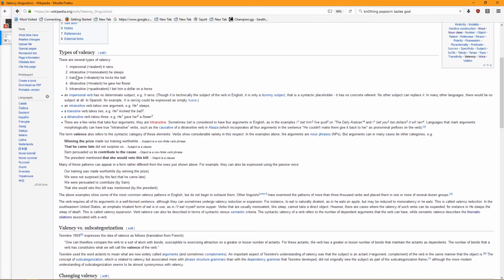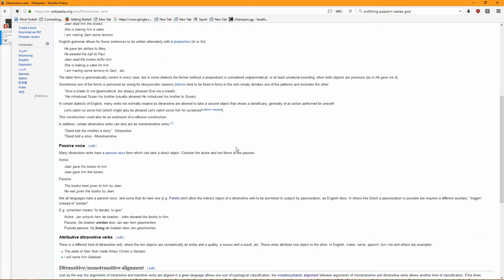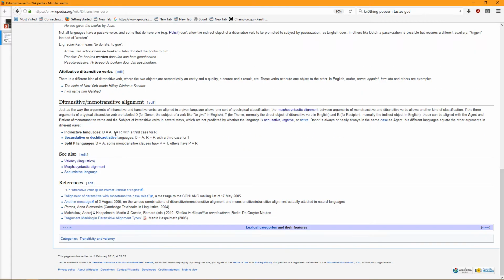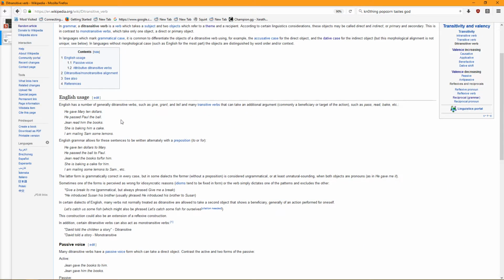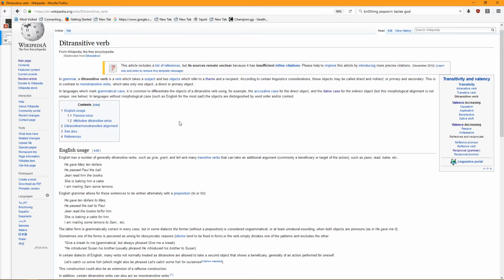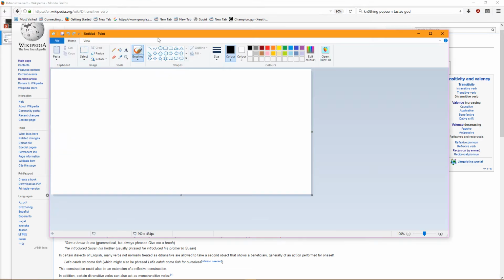Valency, ditransitive. So ditransitive has either, there's a bunch of alignments, but basically, we have this standard idea of you have a subject, and then beneath that subject you have an agent and a patient.